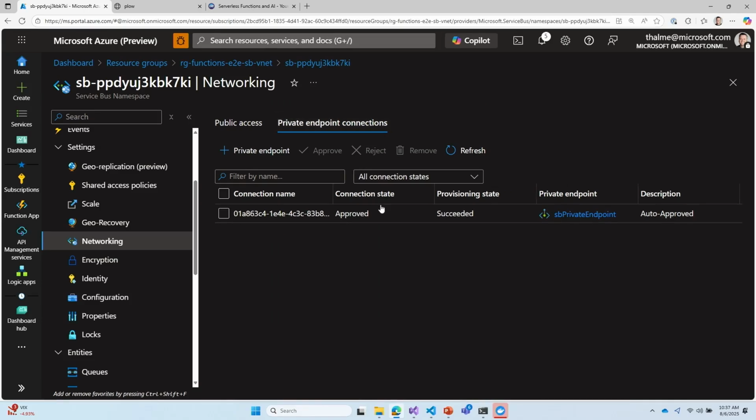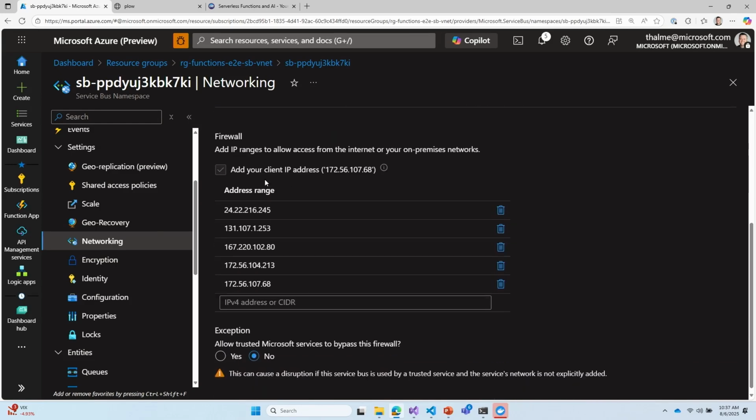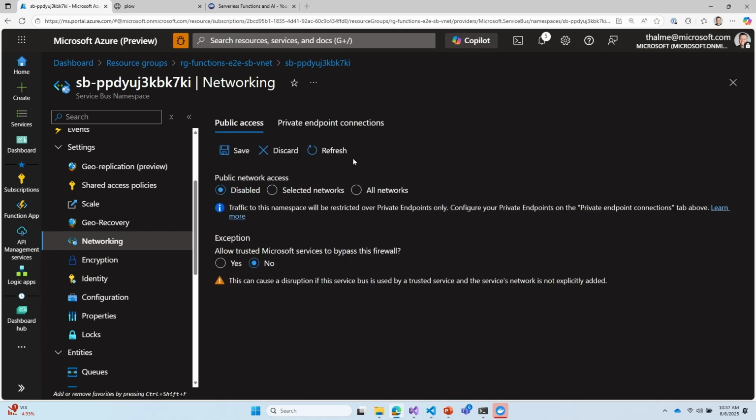So either you come through the network that this is associated with, or you're in this firewall list here of IP addresses. So this is my home network, some of the Microsoft ones here that I added today. But I could pretty easily just leave this as disabled, and my function app would still work against the Service Bus.